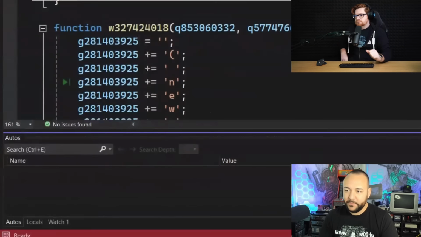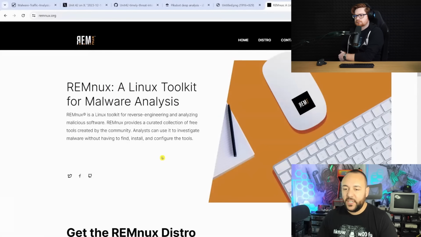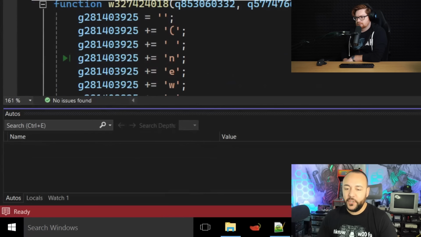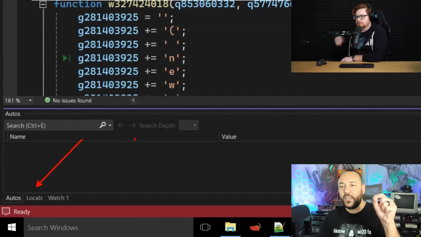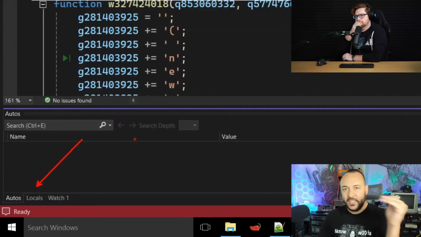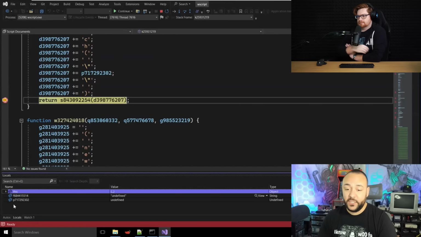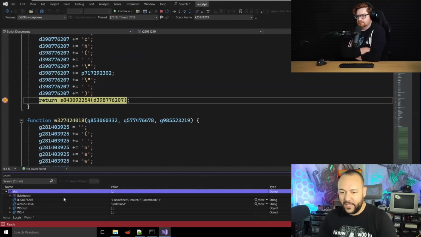I'm going to zoom in here. At the bottom left-hand side of Visual Studio, you'll see down here we have autos and locals. This is what we really want, the locals, to get the local variables. So as we're debugging, we can hover over a variable and see its output, but we can also just review them down here. We can set up watches and all kinds of fun stuff, but we're not going that far into this little bit of JavaScript.